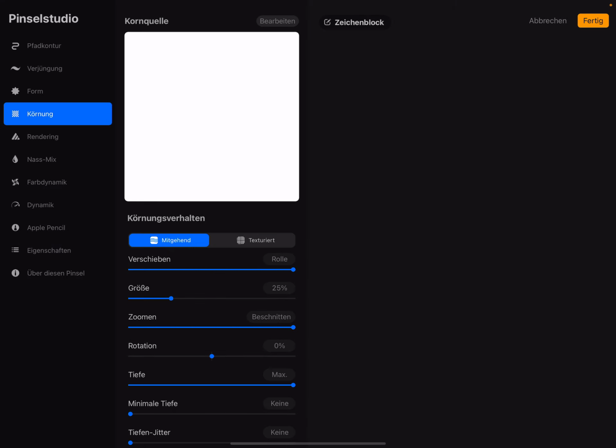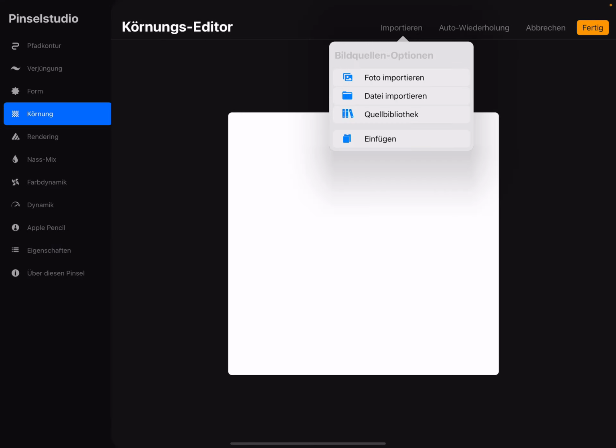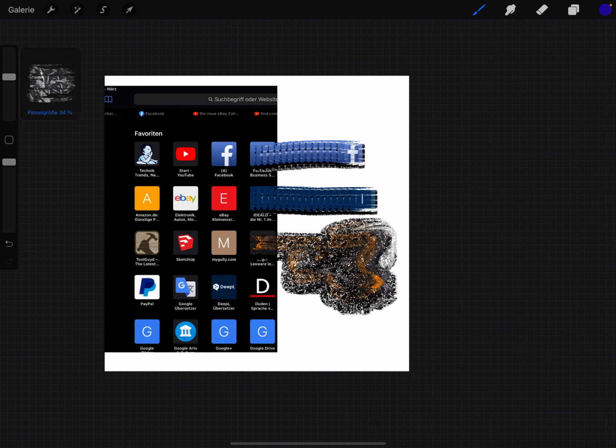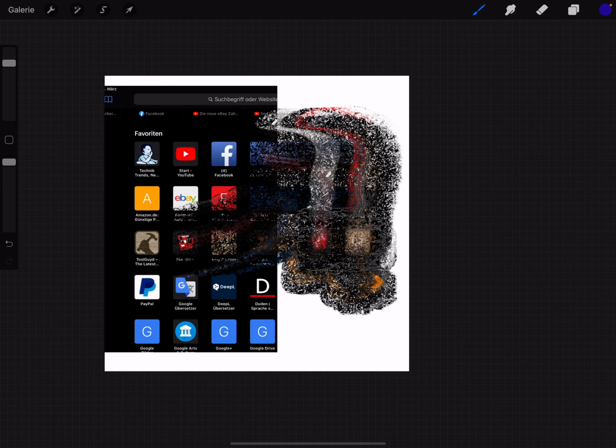And I show you the grain. I change it to this grain. And now it draws with the grain. And the shape size, you can pick it.